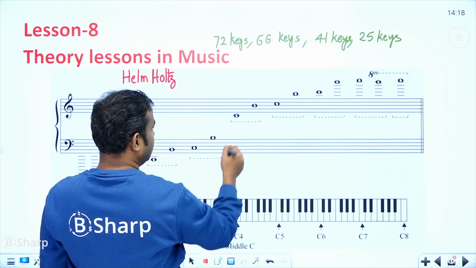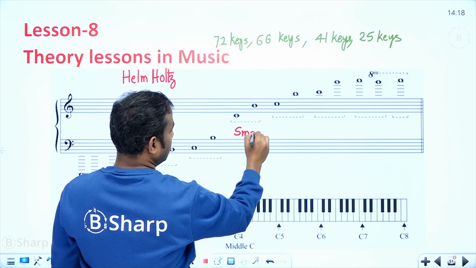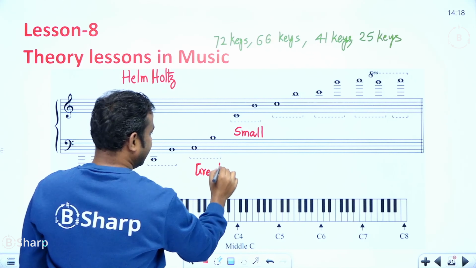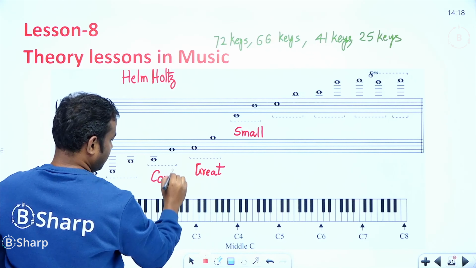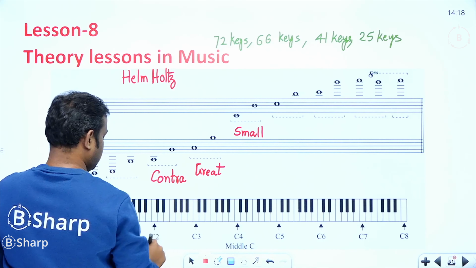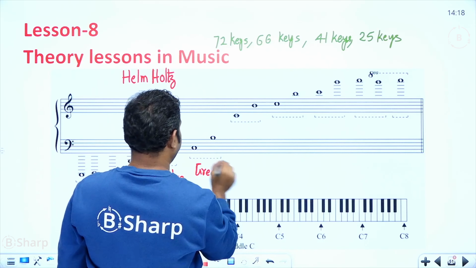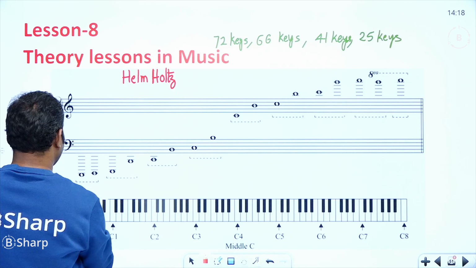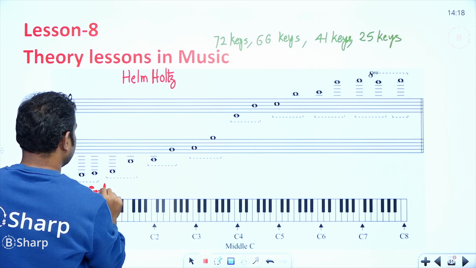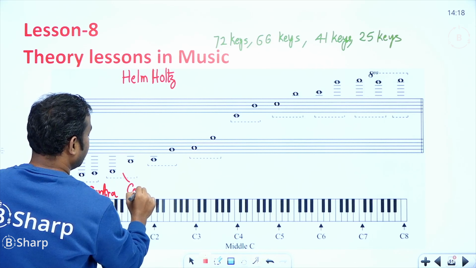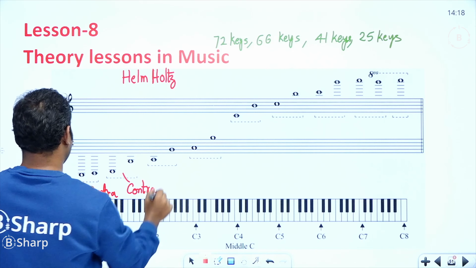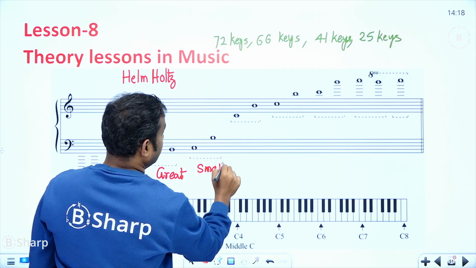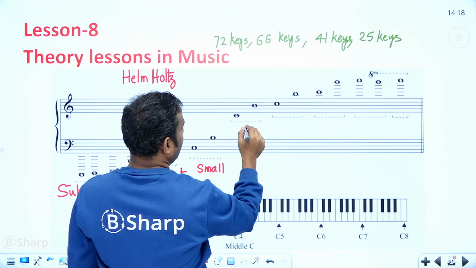here. So this is a small, then this is called a great, then this is called a contra, okay. So this is called a subcontra. First I'll write from the bottom: subcontra, contra, great, small, okay. So this one is called a one line,